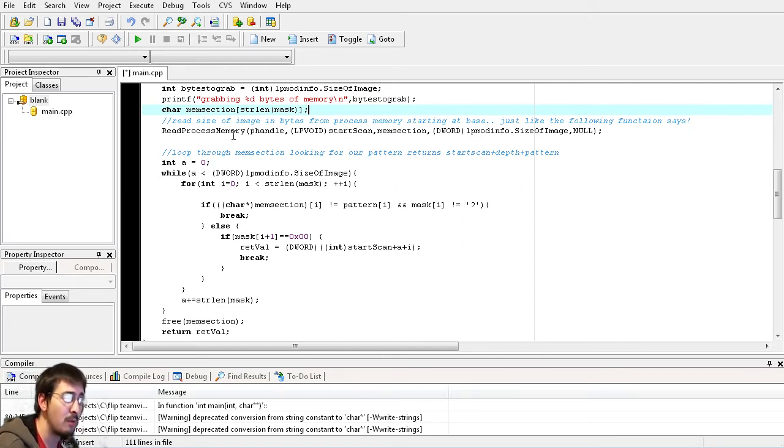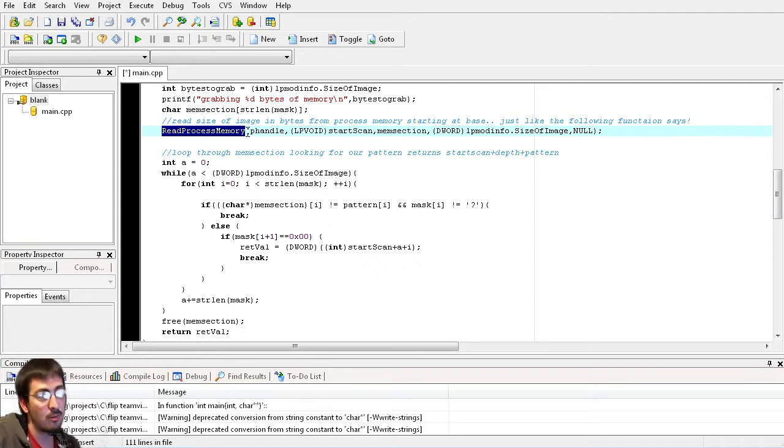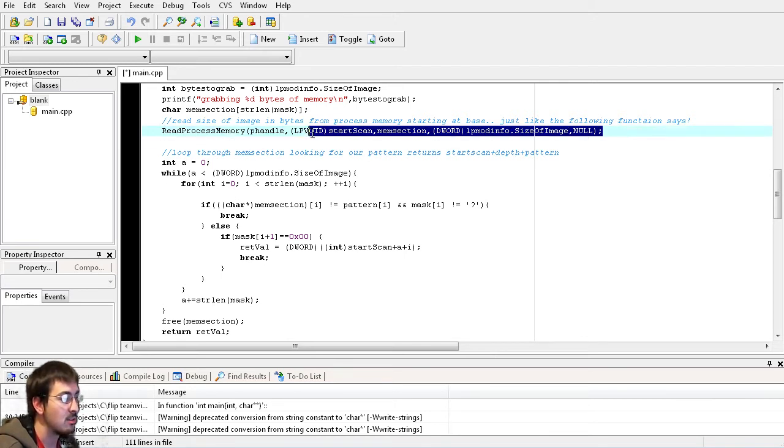Now, there's a problem with that. Read process memory is kind of a really slow function. Anytime your process has to look in another process, a lot of magic has to happen, and well, it's costly. So this actually has to,